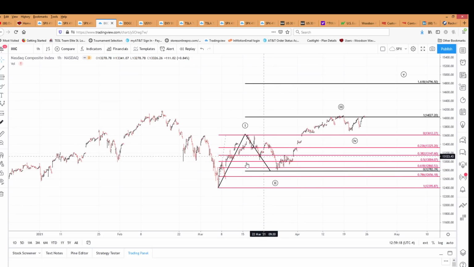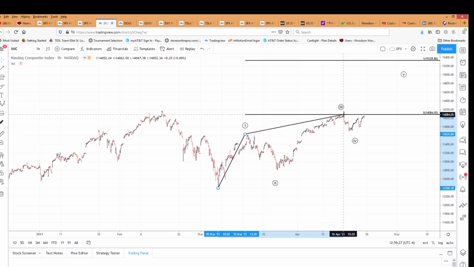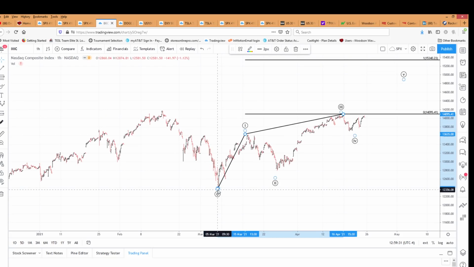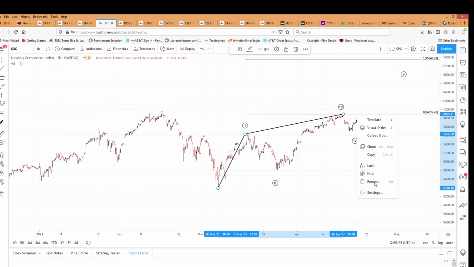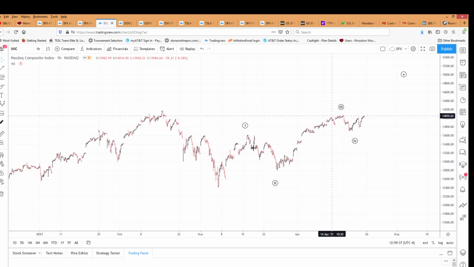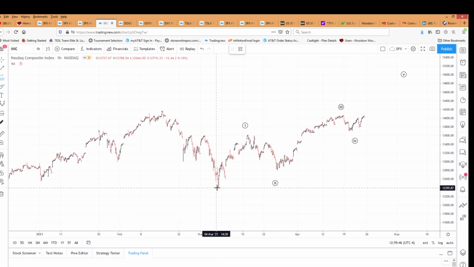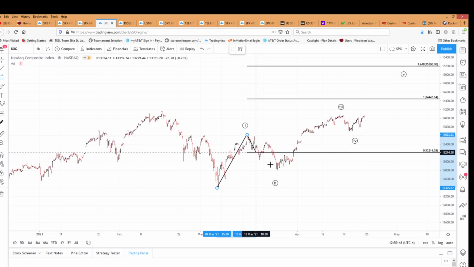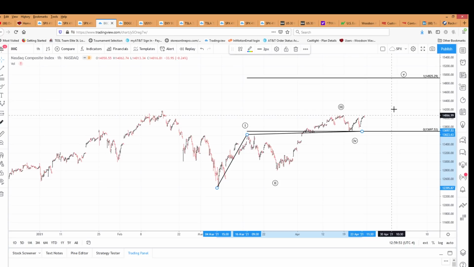Okay, let's say that that's 3 there, and let's get a target for wave 5 if that is 3. Sorry about that, guys. Let's do 5 equals 1 from the current wave 3 high where it gains equality with wave 1. There's 1. There's where 3 is equal to 1. If that is 3, that is 4. There's our 5 target,